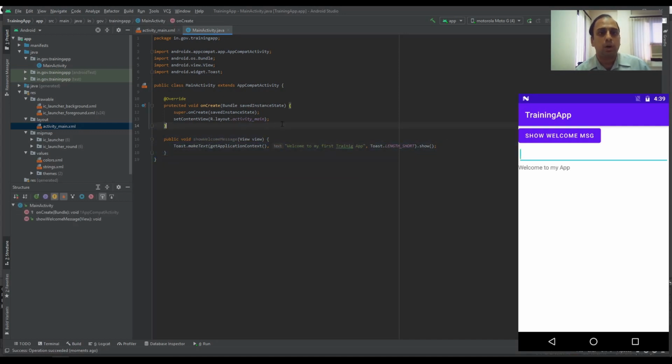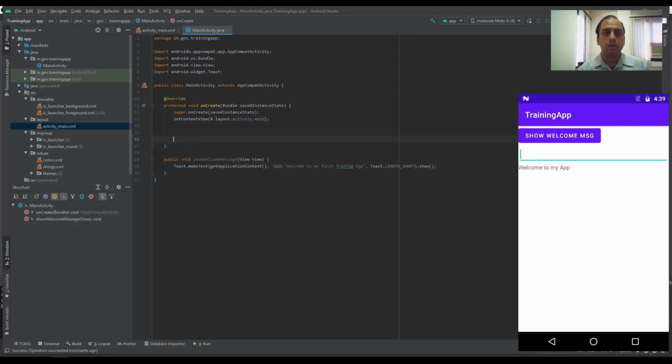Okay. So how to make this work is, within Java, you can take this particular button and save it inside a variable. This button can be saved inside a variable, and in that variable you can define which function to run when I click this button. Okay, so I will just create a button